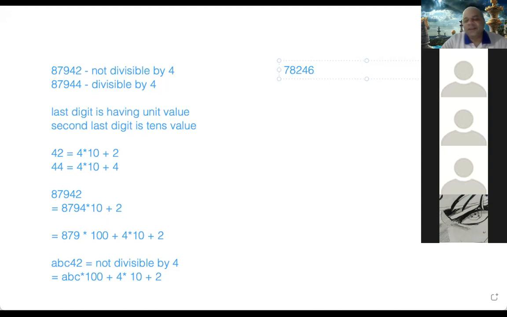So now again, you know that this number will not be divisible by 4. Why? Because this is nothing but 782 into 100 plus 46. 782 into 100 is divisible by 4, 46 is not divisible by 4, so the addition is not divisible by 4. You can just find out like this. Got it? Madhura, Pranav? Yes. Sai, Pranav, everybody, I hope you got it. And now the same thing you can continue.